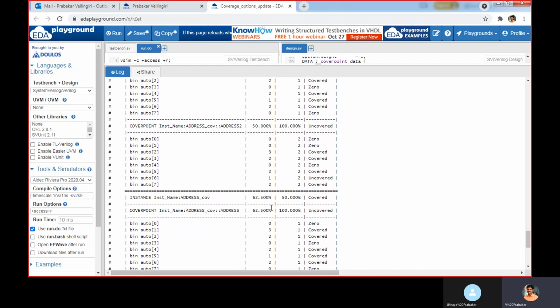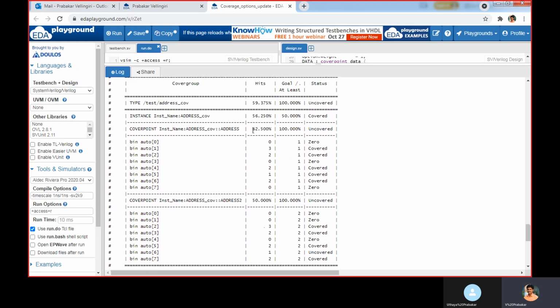Now by combining these two, 62.5 plus 50 divided by 2, you will get 56. This is for my cover 1.